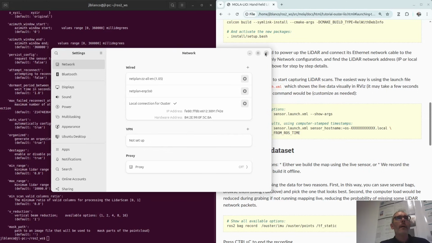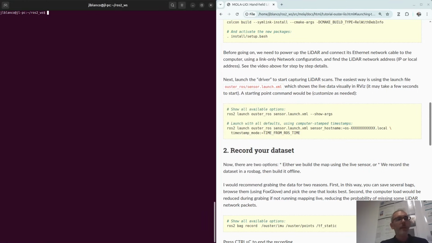Okay. Now, what is the address of the LiDAR? It may have an IP address, but Ouster have created this convenient way to access the sensor through a local name, which is like a DNS, but a local one.